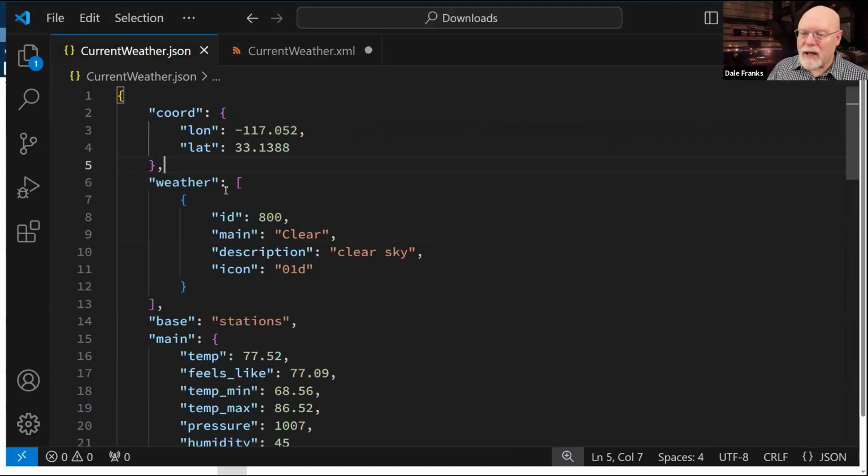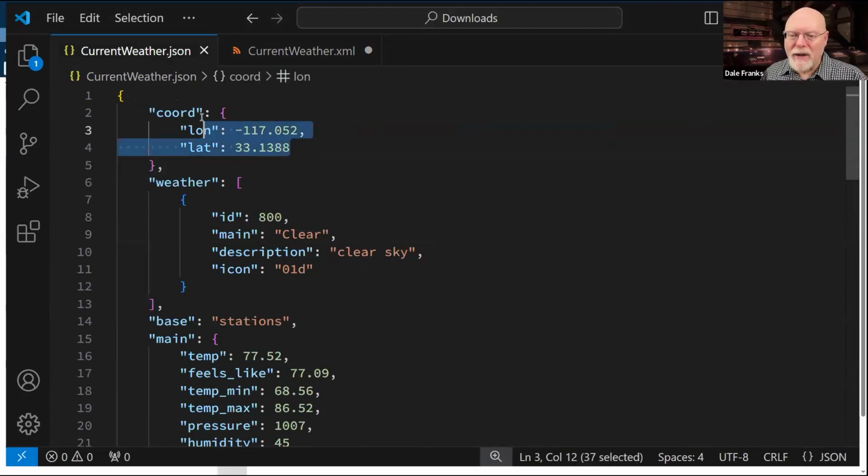I'm actually getting two very, very different data structures. For example, my latitude and longitude: $.coord.lon for longitude, $.coord.lat for latitude. Okay, fine, easy enough.